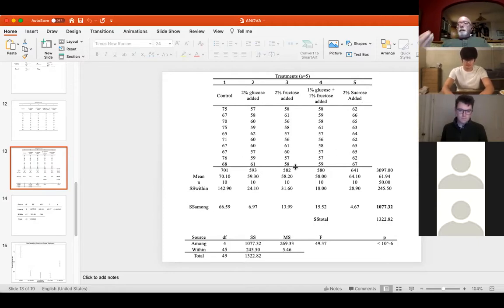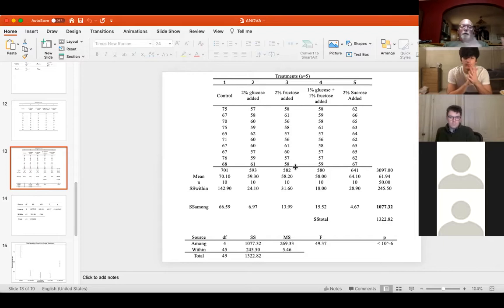When I see an ANOVA table in a published article, which quite frankly, you don't see ANOVA tables in published articles anymore, which irritates the crap out of me, because there have been times when I've looked at the ANOVA table for an article, and after having read about the experiment, I know that they did something wrong with their statistics because their degrees of freedom are wrong. And so degrees of freedom are very important to put out there, because it gives the reader knowledge about the